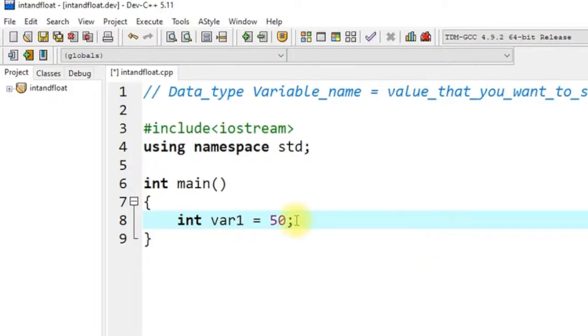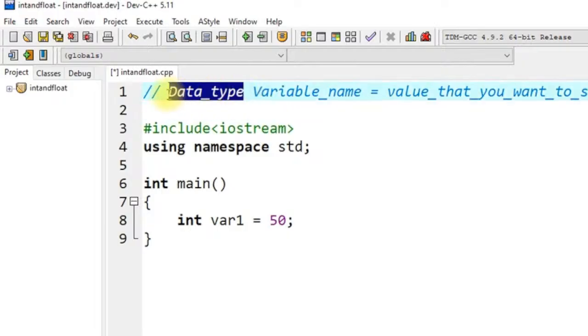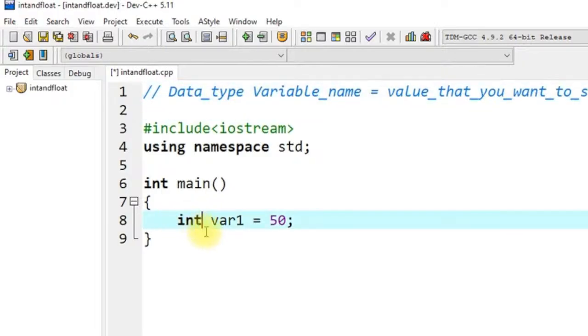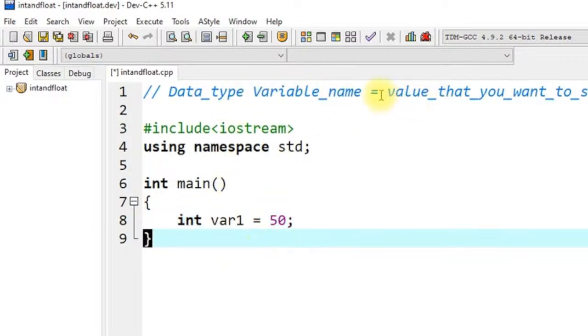So let's understand the statement with the help of the generalized syntax that I have written over here in the comment. So data type is the first requirement, and here the data type is the keyword int. So what it is telling is that this var1 is a variable and it is of integer type. So data type, variable name is var1 is equal to, and on the right hand